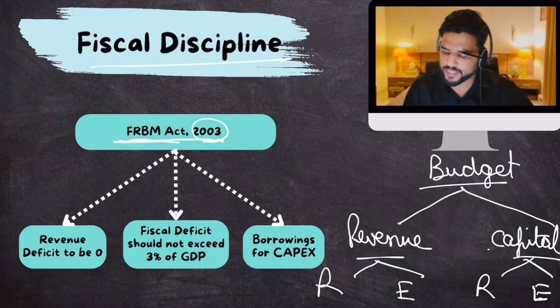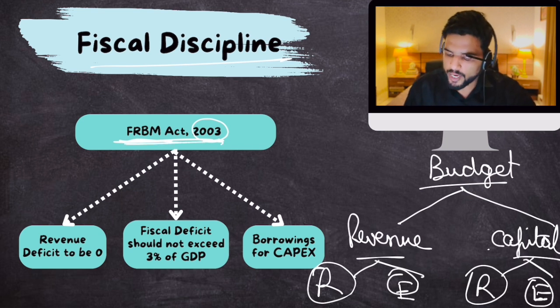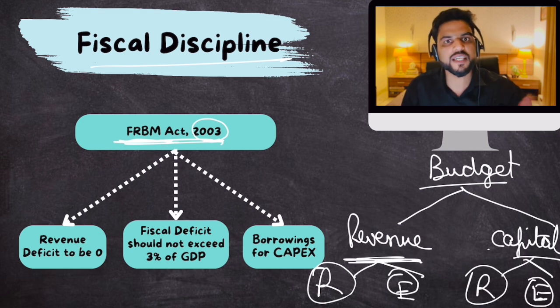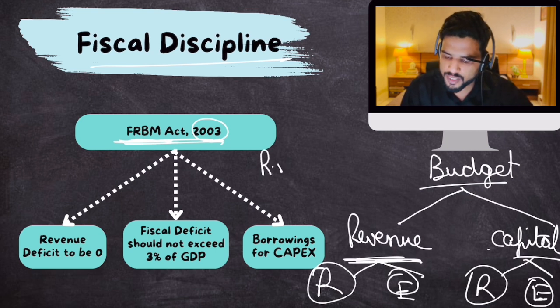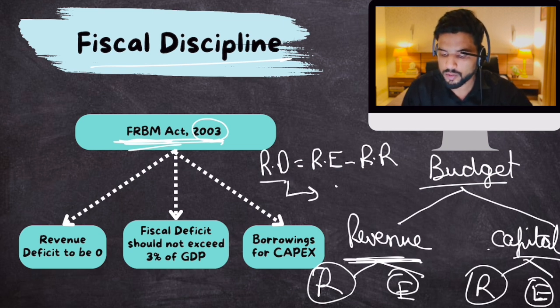Now, fiscal deficit is total expenditure minus total receipts. That is fiscal deficit, and it shouldn't be more than 3% of your GDP. Now, the FRBM Act also says that your revenue deficit, which is the deficit in the revenue account, is equal to revenue expenditure minus revenue receipts. The FRBM Act says that revenue deficit should be around 0,